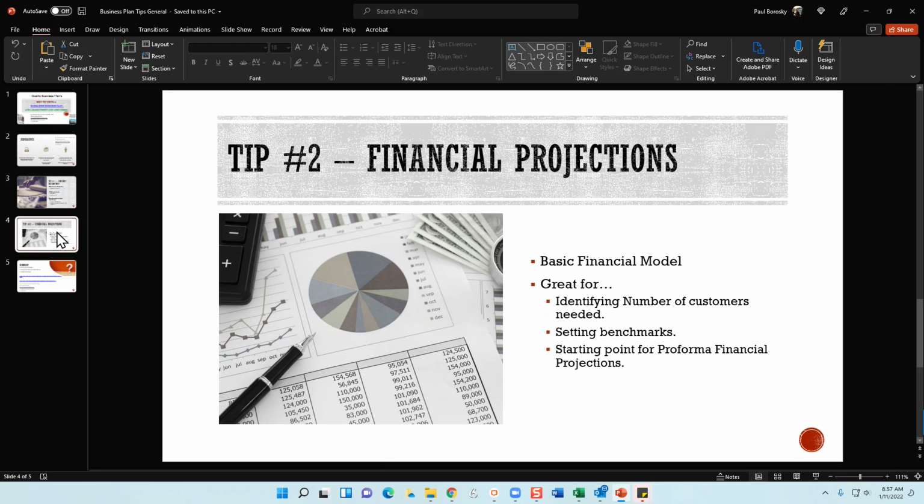Unfortunately, based on my experience as a finance guy, I'd like to do a little bit of groundwork before I get into my financial model. What I've done is created a basic financial model that helps clients identify just a few variables for the revenues and a few variables for their costs, and with the identification of those variables, it's going to show them what the profits are going to be at the end of the first month, hypothetically. From this model, it can then be expanded upon into the pro forma financial projections, but at least it's a simple model that you can use up front.